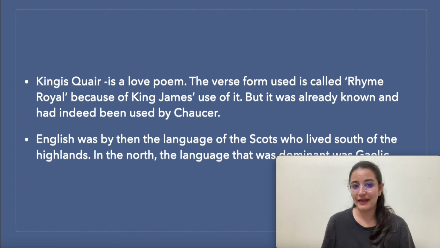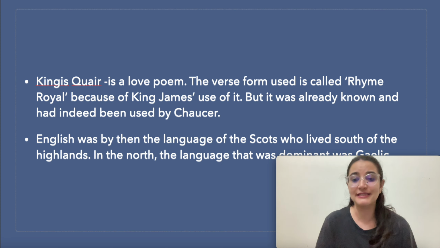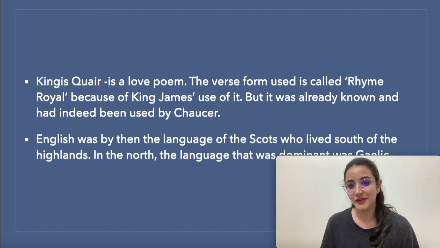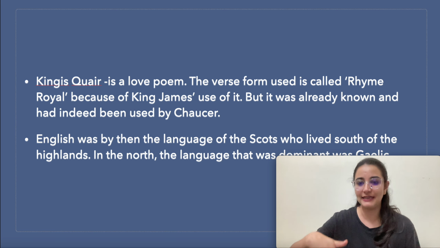The King's Quair is a love poem. The verse form used in it is rhyme royal. Now, because he was a king, King James, the form that he used in his work